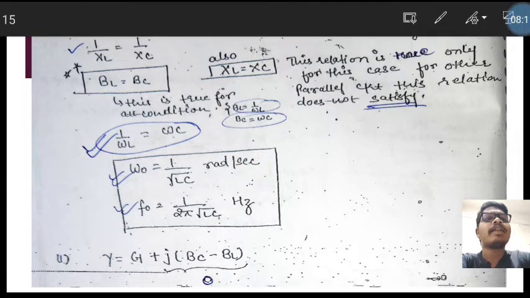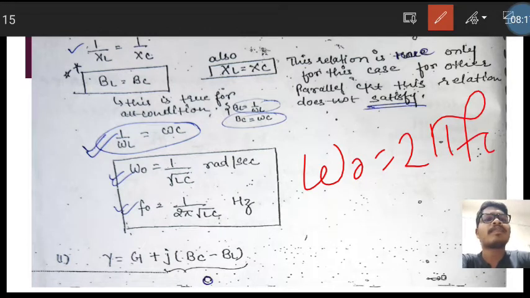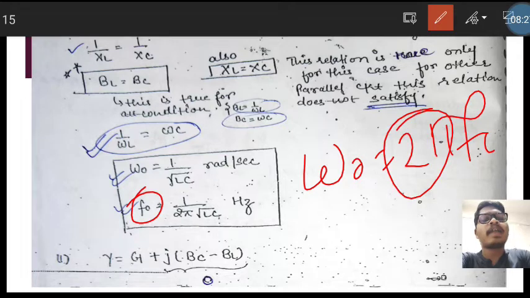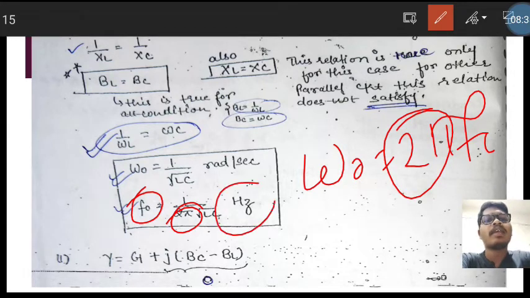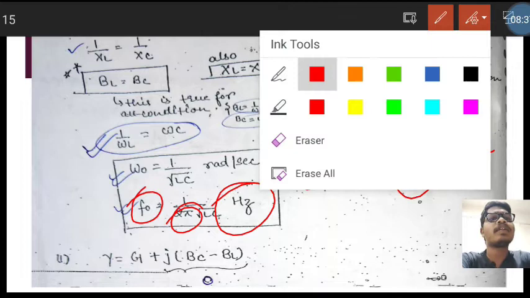So we already know that omega 0 is equal to what? 2 pi F. Okay, 2 pi F. So after taking the F here, F0 is equal to, taking 2 pi to the right hand side, that means it will come to the denominator side of the right hand side. So 1 divided by 2 pi root over of LC, and in terms of Hertz, its unit is Hertz.